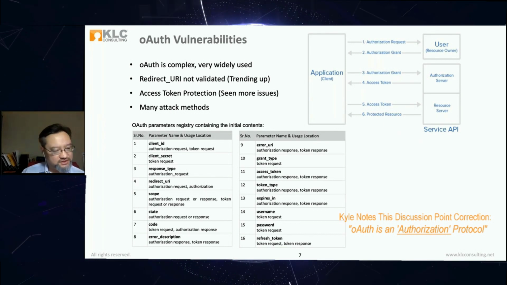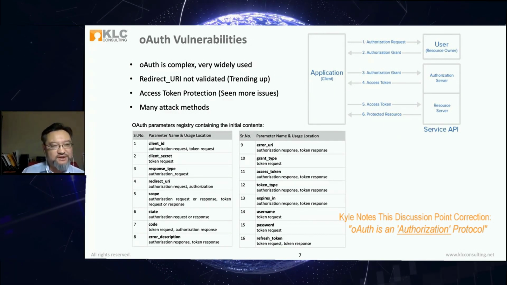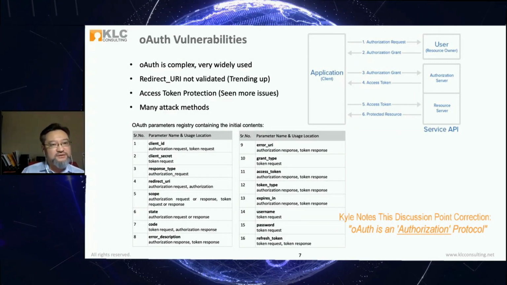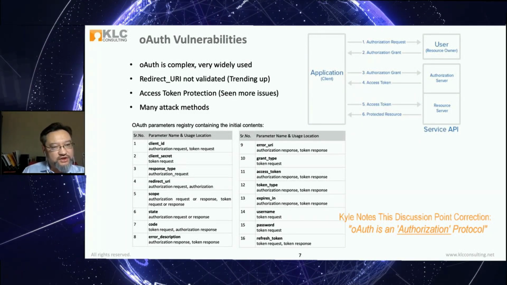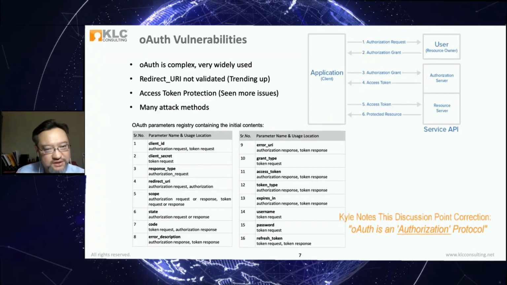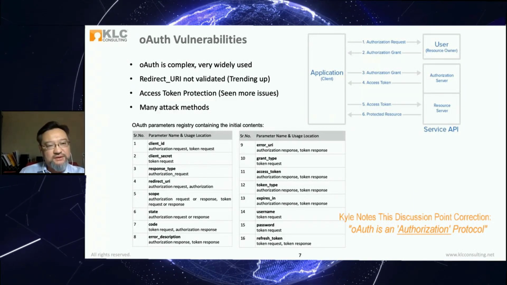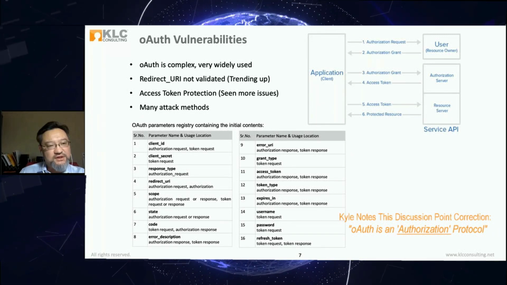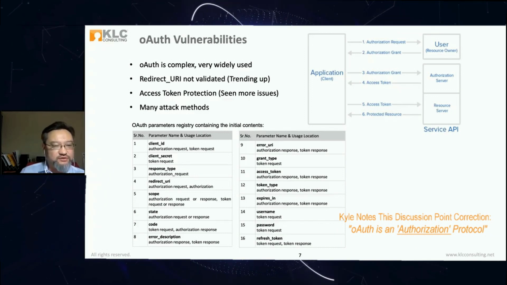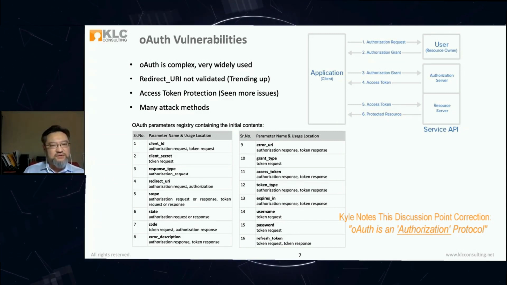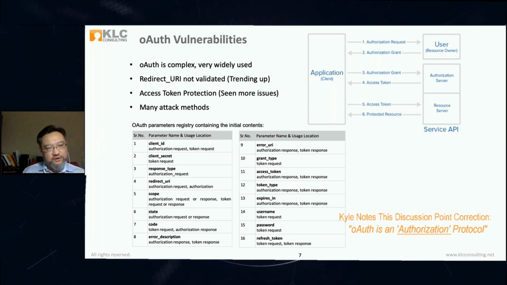There's a JWT token that's a little bit more involved on the authentication, and they have a whole different series of the parameters there as well. But I just want to show you there are 16 parameters for containing the initial content here. If you ask the developers how they actually implement the scope and the state, they probably cannot tell you really well what is the right way to do it. So this is something you want to pay attention to, and make sure that the organization is training the developers to be familiar with OAuth, modern authentication here.